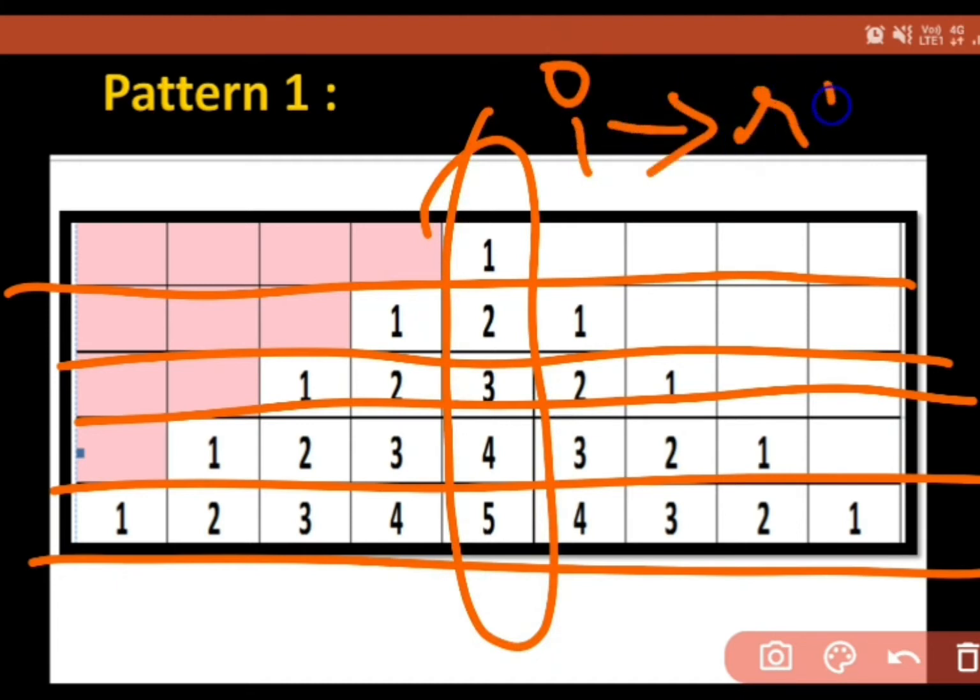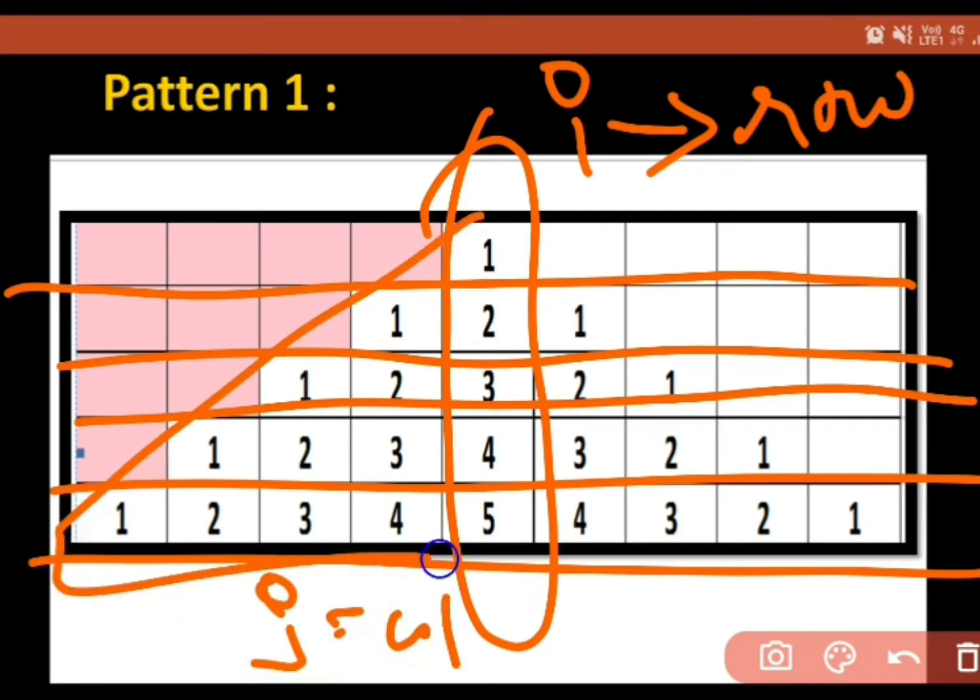I denotes the row, and my J is going to denote the column. Any variable you can take. It is not compulsory that I and J should be there. I'm just taking I for rows and J for columns. It is just my habit.